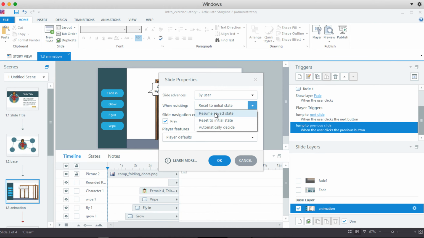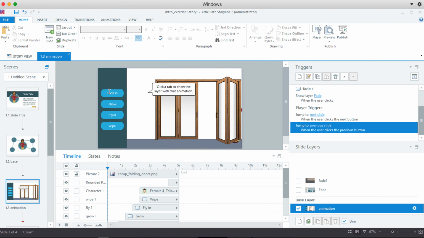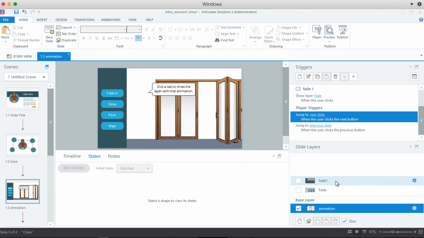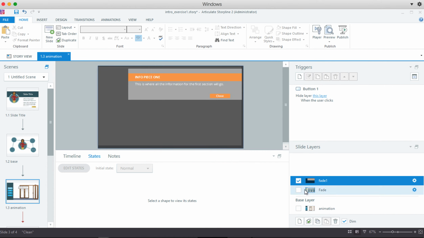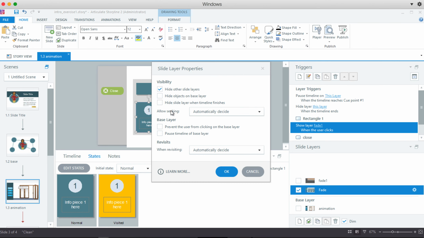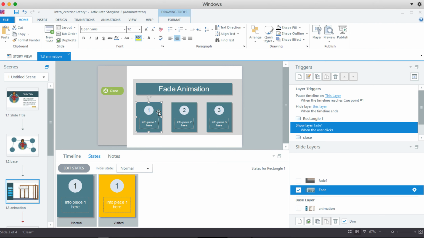But if we go to resume saved state, that means if we had gone through 3 of them, left, and came back, it would show that those 3 were selected, visited already, and that is done because of our states, right? Because we have this selected and or visited state. So now, because I changed that, you can do the same here. Of course I have states here, where 2 and 3 will have the same. I do have the opportunity in these properties to do the same thing. It says when revisiting, you see here it is set to automatically decide. Well, we can say resume saved state on that as well, just in case we want them to leave here and come back. So now when I preview this,